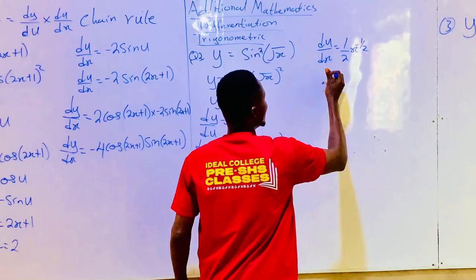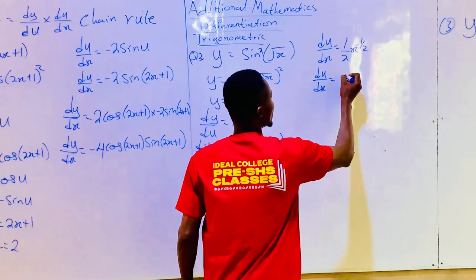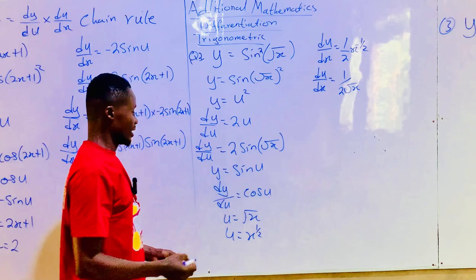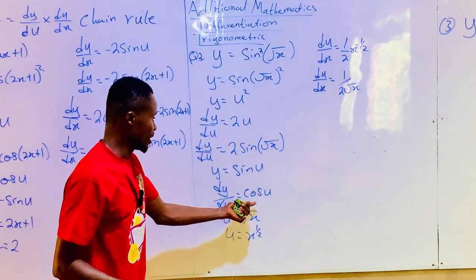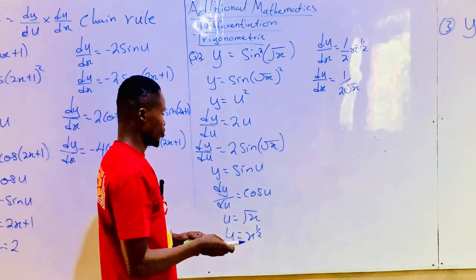So we have to rewrite this. Our du over dx will be equal to 1 over 2 root of x. Then after you are done, we have to go and substitute it here, what we have just done here. So we'll be having